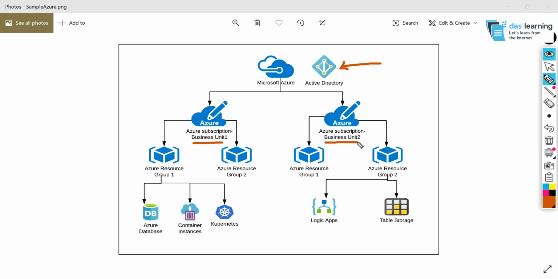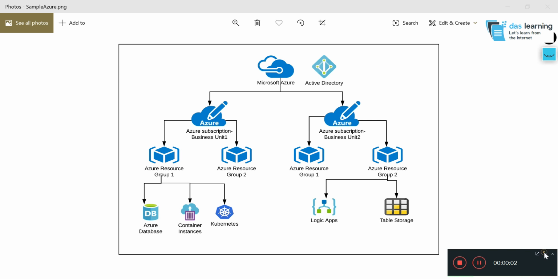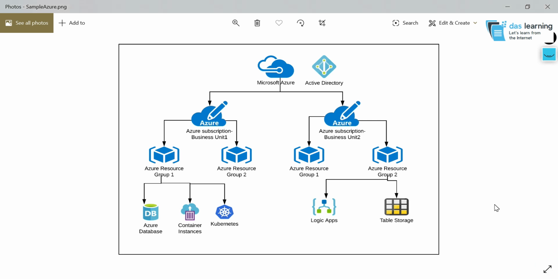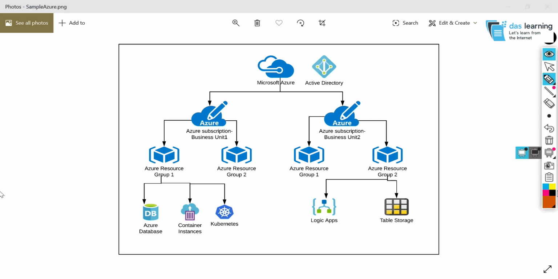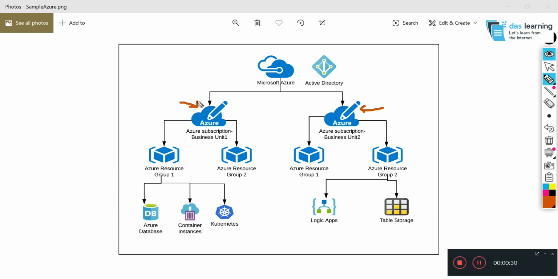You might have several different business units, so it is a better idea to separate out the business units with different Azure subscriptions. Let's say we have 2 business units and we want to set the billing account separately, so that there is no confusion in billing for unit 1 and unit 2. In simplistic words, they will be paying differently.